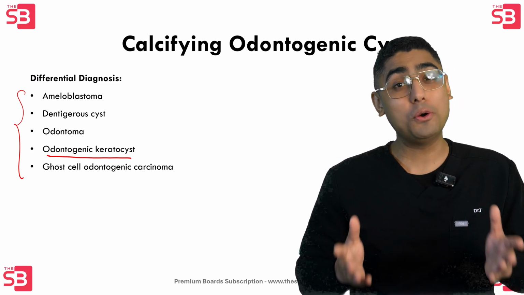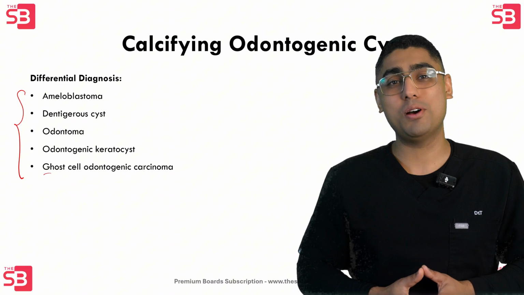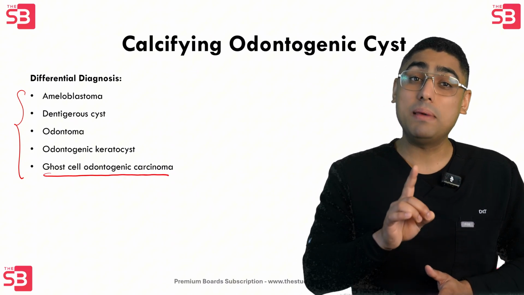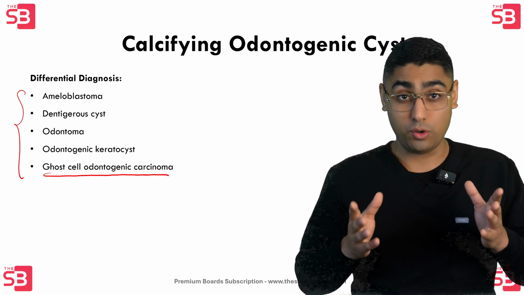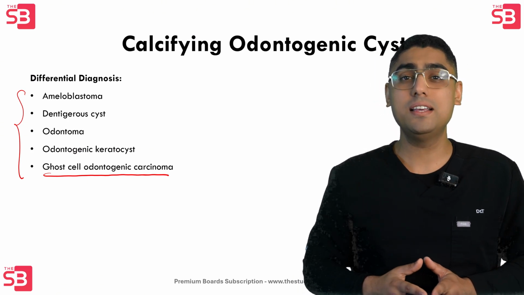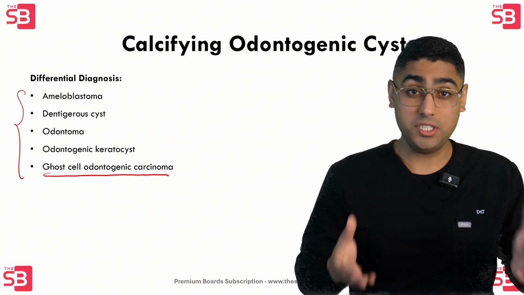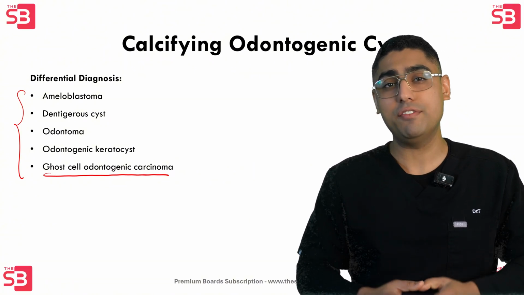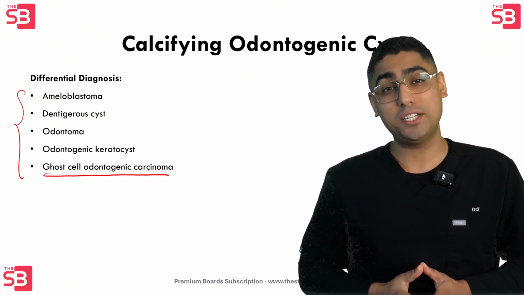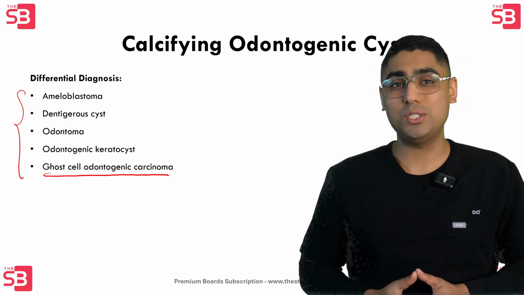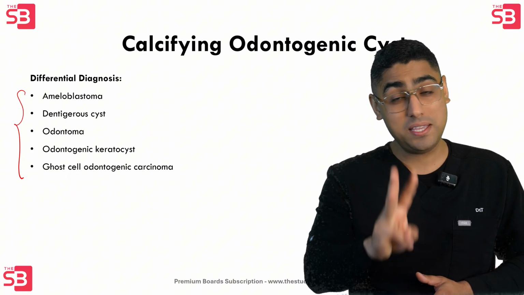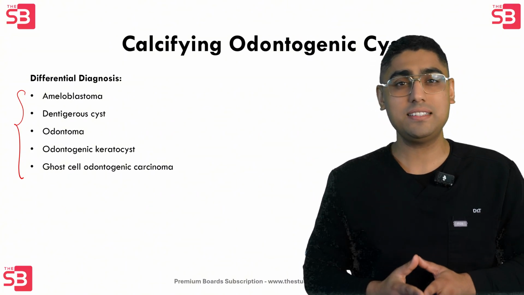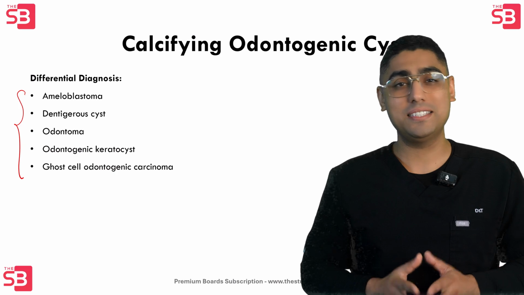And lastly, we have ghost cell odontogenic carcinoma, or GCOC. Now, this is a malignant counterpart of the COC, and it shares features like ghost cells, but it is differentiated by a number of features. Like GCOC, it shows aggressive behavior, invasion into the surrounding tissues, and even metastatic potential. So just by focusing on ghost cells, calcifications, and epithelial linings' distinct characteristics, the COC can be reliably distinguished from